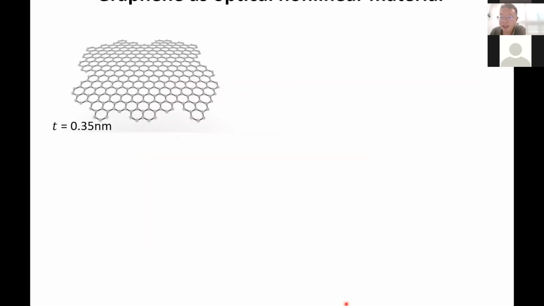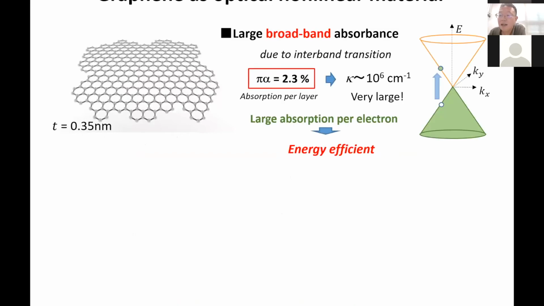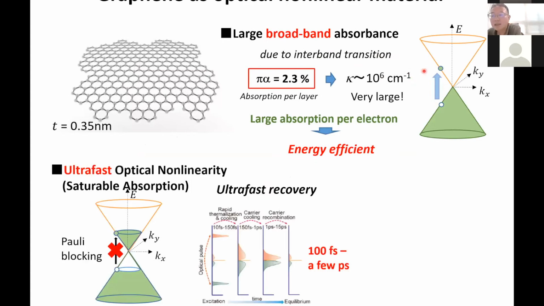As you know, graphene is a very efficient broadband absorber with a very large absorption coefficient. And it shows ultra-fast optical nonlinearity, namely saturable absorption,